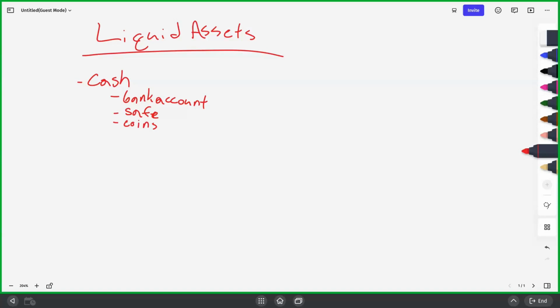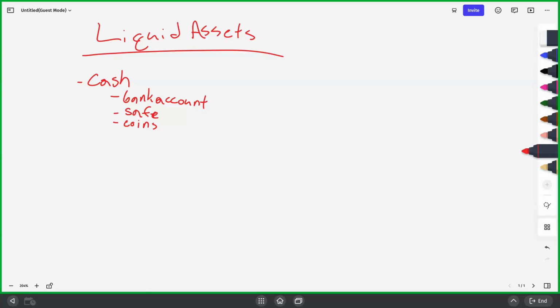What about inventory? Is inventory liquid? This is a trick question. As much as we want to sell it as soon as possible, it's still a current asset. We want to sell at least within the year, but we can't promise it'll be sold within the month. The biggest reason why: have you ever been to Walmart and saw the dustiest shelf ever? You see maybe that grill that's been sitting there for a while that they've been hoping to sell in the winter. Discounted so cheap, they're still wondering why it's not gone.